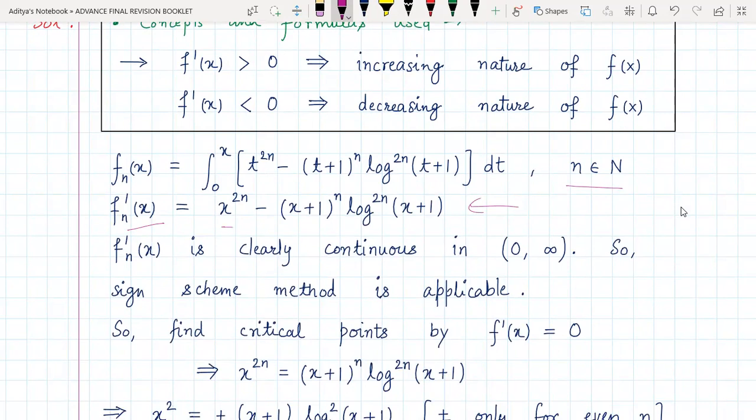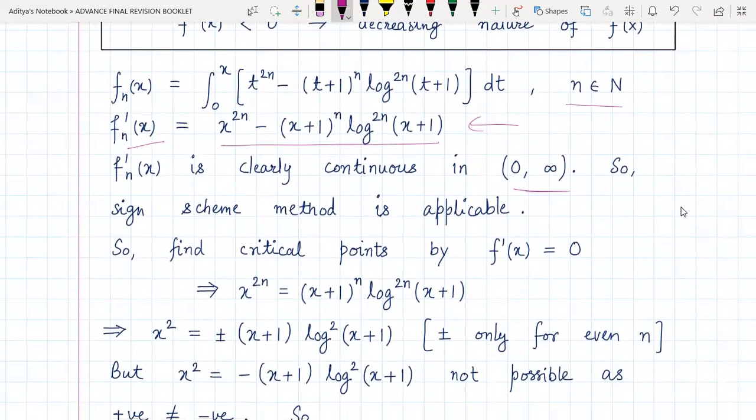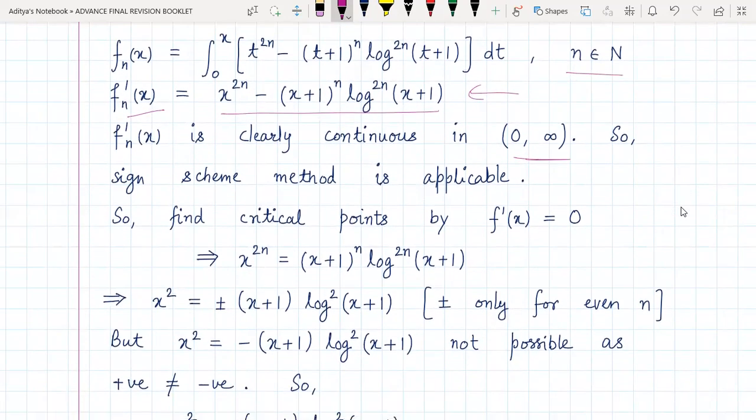Now clearly this function is continuous for all x in this range. So the sign scheme method would be applicable, because whenever we have a continuous function, we can always plot its sign scheme using the sign scheme method. The only thing is that it should be continuous. So how do we find the critical points then? So first of all, we equate it to 0 and find all the roots. That's the method that is followed for the sign scheme method, right? So if you equate f_n'(x) to 0,